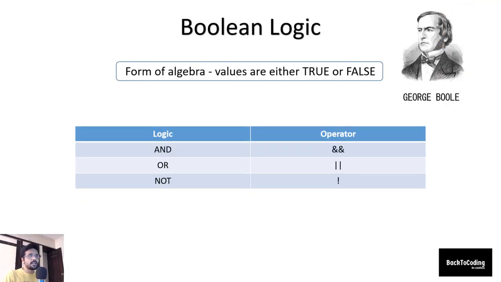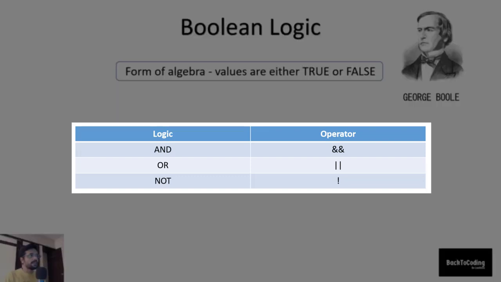Now let's see what Boolean logic is. Boolean was invented by George Boole. Boolean logic is a form of algebra in which all values are reduced to either true or false. Boolean logic is especially important for computer science because it fits nicely with the binary numbering system, in which each bit has a value of either 1 or 0. Here are some of them.